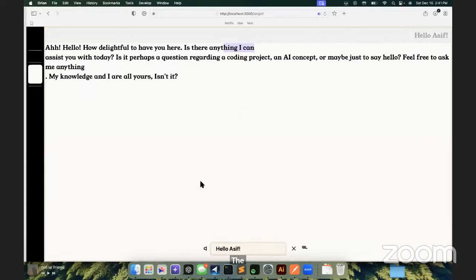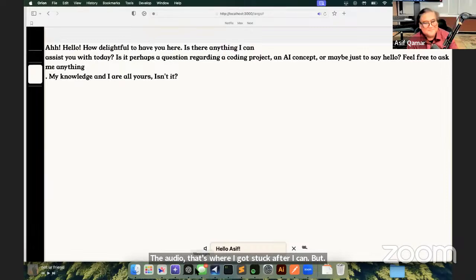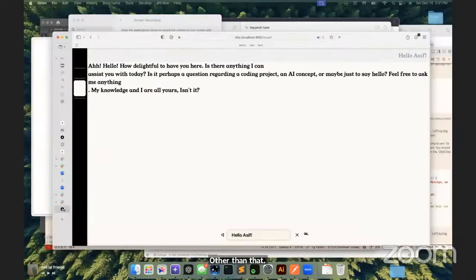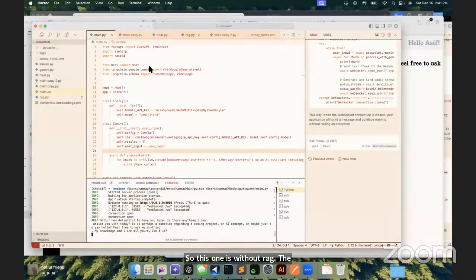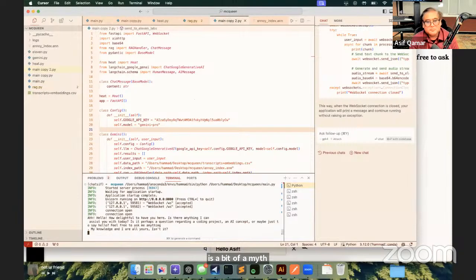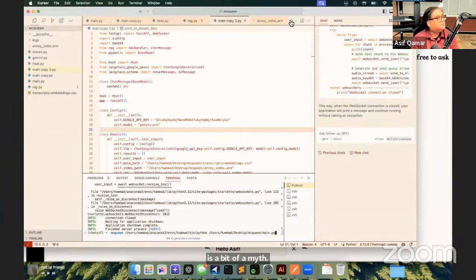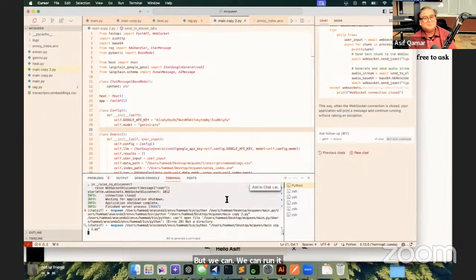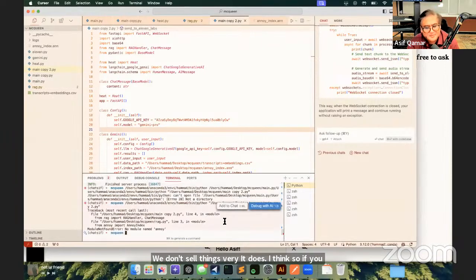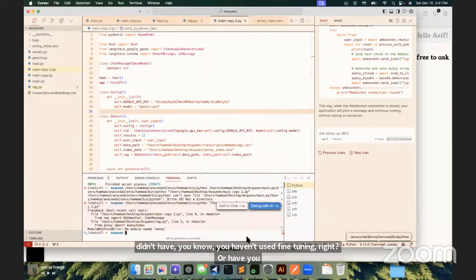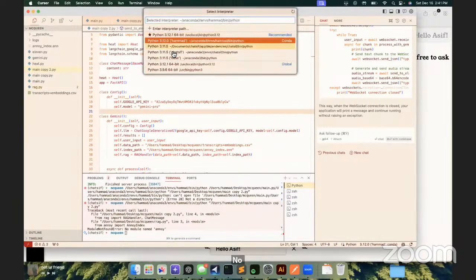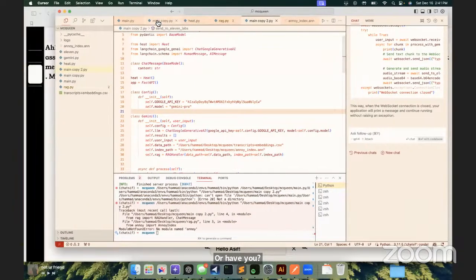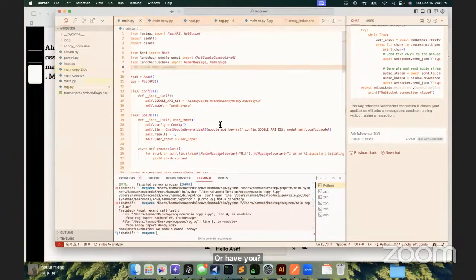But other than that, so this one is without RAG. The working version with RAG is a bit of a mess, but we can run it. Because it says things very similar to what you said. It does. If it didn't have RAG, it didn't have fine tuning, how did it produce that? You haven't used fine tuning, right? Or have you? So the only thing that I had added on that first model was if you go here